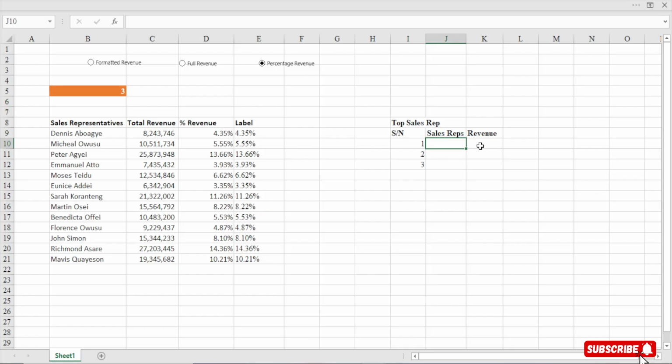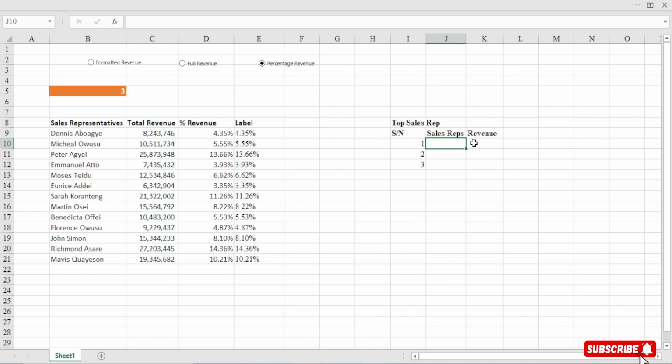Or we should return their names first. I'm thinking. Okay, let's see. So the sales rep, their name. Okay, let's use the LARGE function, right?